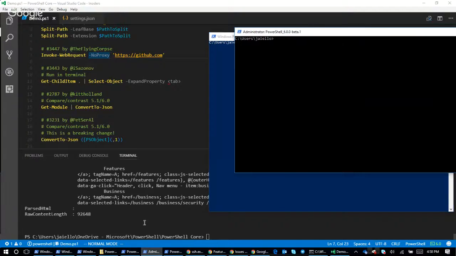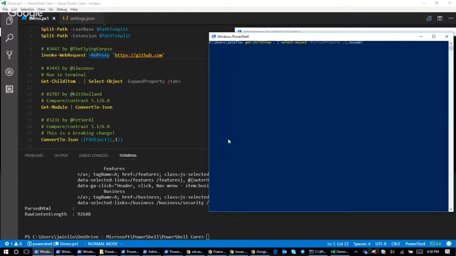Now in PowerShell 6, if I do the same, it actually looks earlier in the pipeline and figures out, oh, these are the properties that are on Get-ChildItem's output object. So really cool stuff. I know, I just heard a little applause there. I know it's little things, right? But these are things that we just don't always have the time to get around to because we're dealing with larger business priorities, and it's great that we can now ship these things lightning fast. So thanks, iSasanoff, for that one.